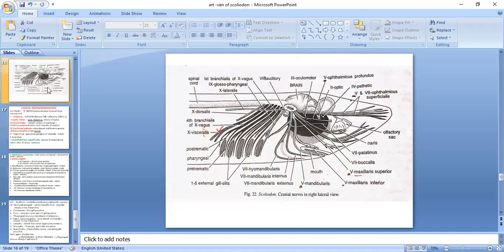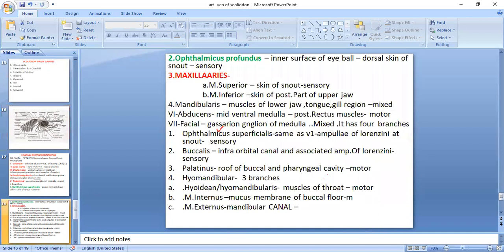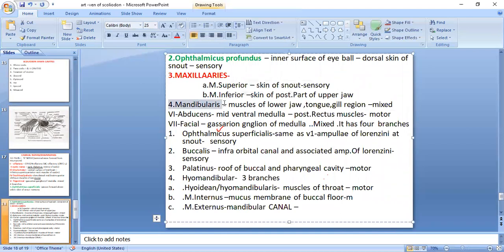So that is about the maxillaries. So the fifth maxillary is superior, the fifth maxillary is inferior. Okay, and the fifth mandibularis. So anyway, the fourth one is mandibularis. So the second one is ophthalmic profundus, the third one is maxillaris, the fourth one is